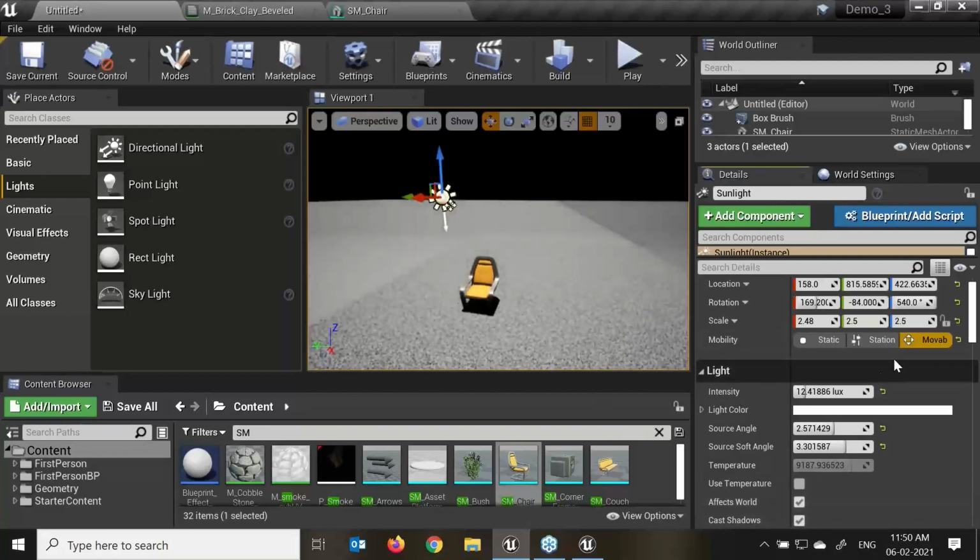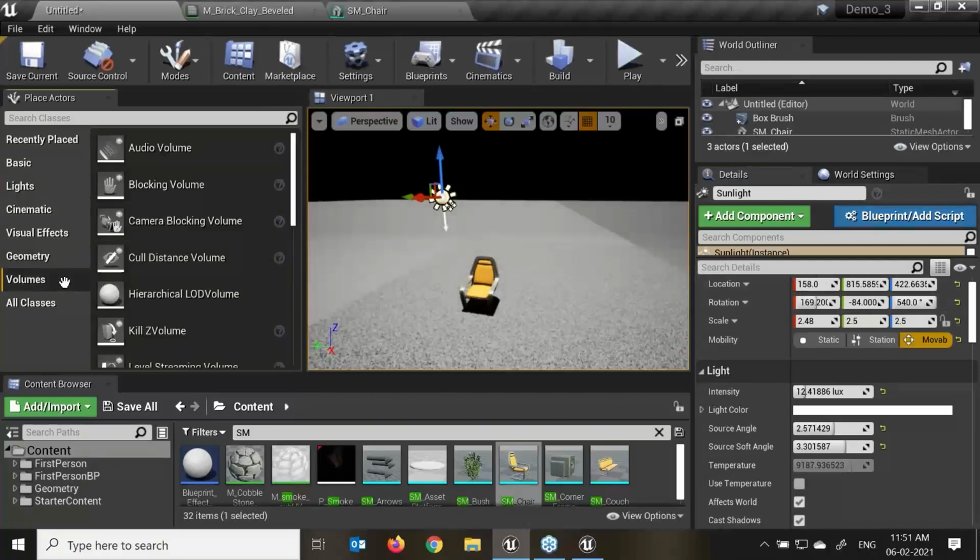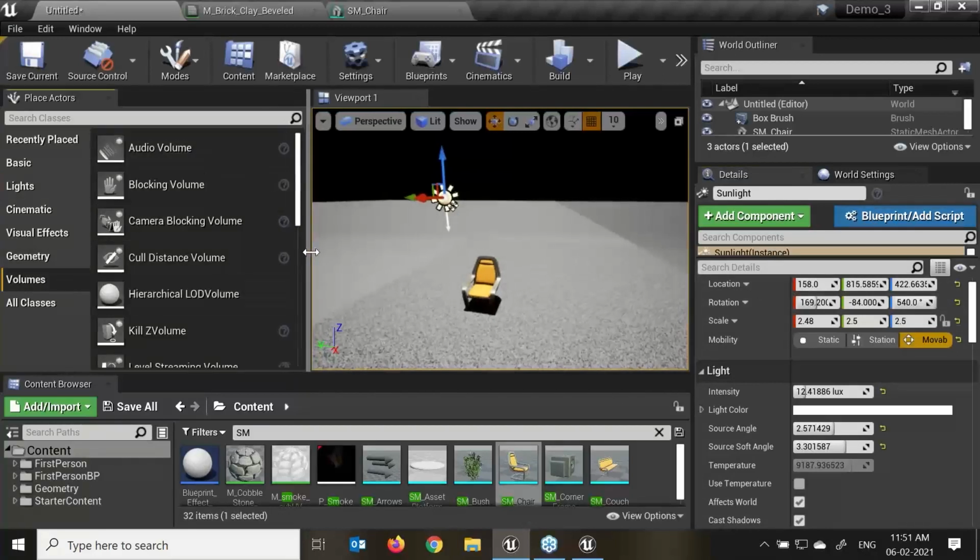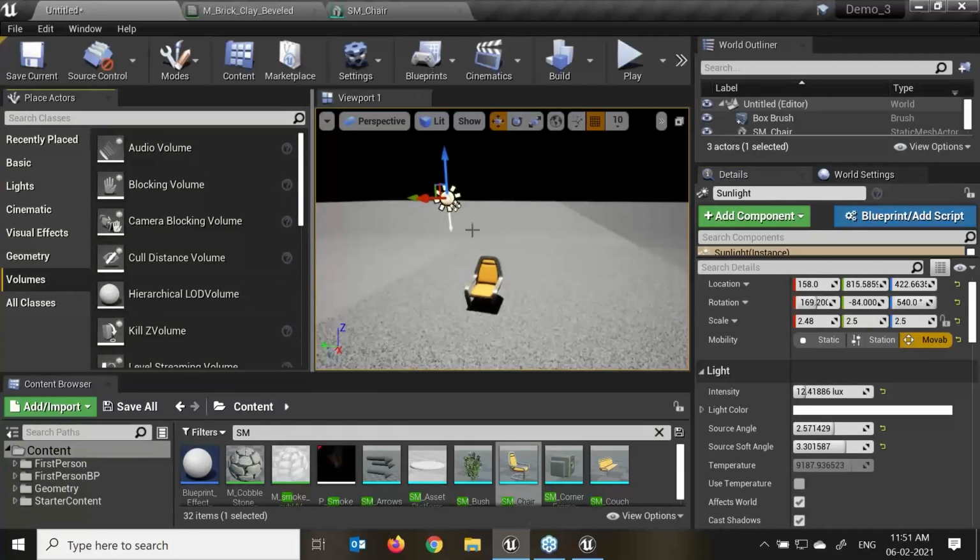Now this option is useful when we are applying a blueprint with the help of different volumes, right? In my next session, I will explain how to use this blueprint. If any character enters our room, that time the light will switch on. If he comes out of that room, the light automatically switches off. So that is the different volume we will apply with the help of that blueprint. That will be in my next session.